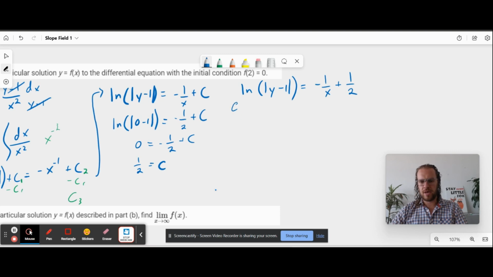And the best way to do that, or only way to do that, I should say, is to actually raise the whole thing, I'll use a different color bracket to signify this, to that, raise the entire left side to the exponent of e. And we're going to do the same thing over here, on the right side. Now, why are we doing that? Well, we're doing that because that's going to make those two cancel, okay? And so we're going to be left with just the absolute value of y minus 1 is equal to,